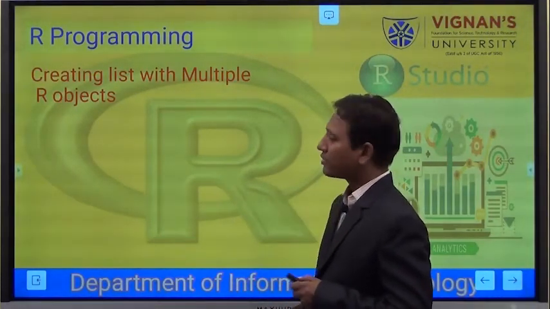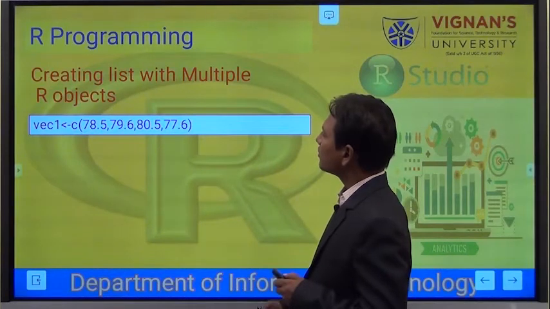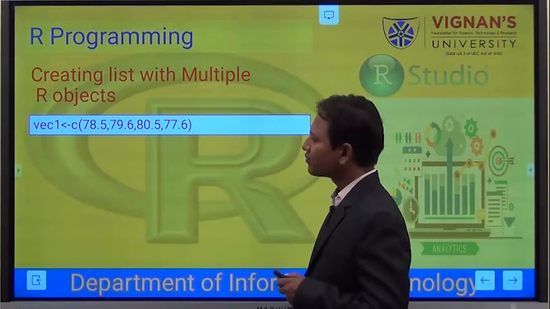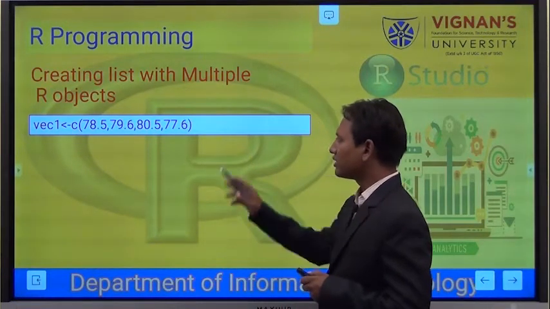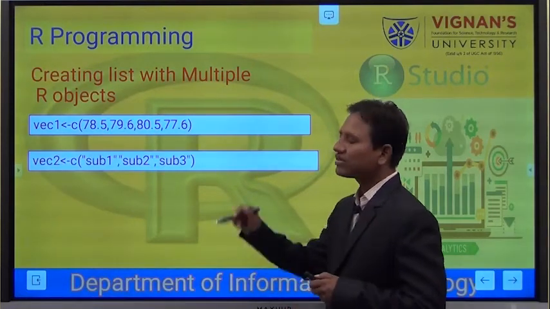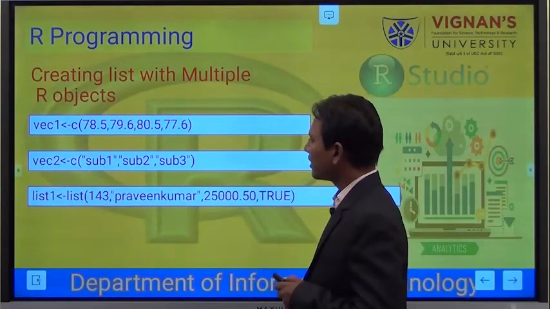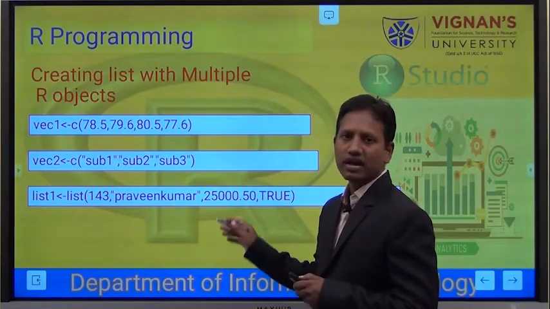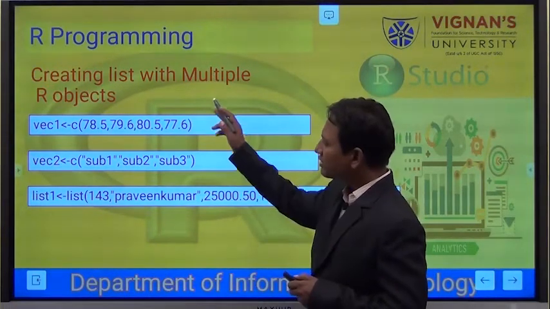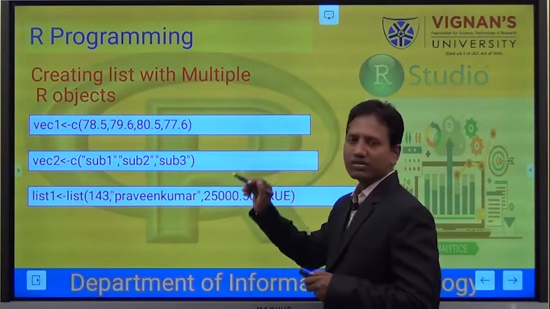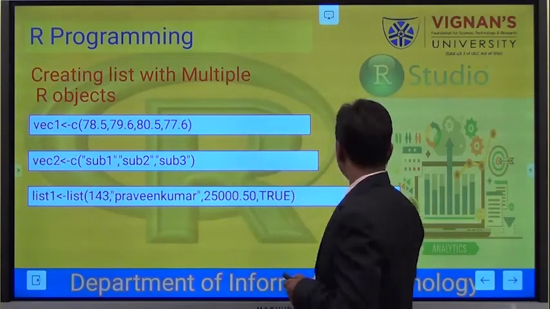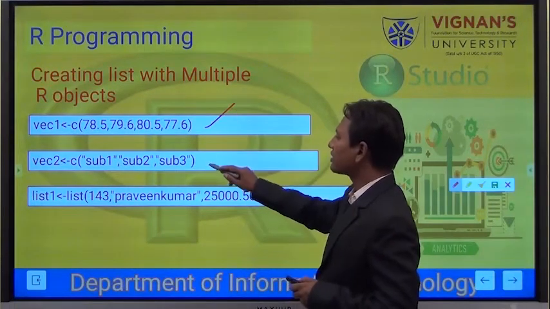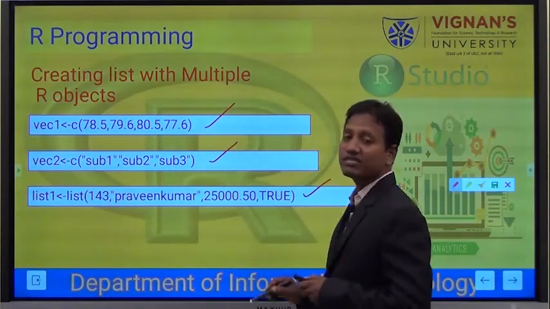We'll see another example. To create a list with multiple R objects, we are creating different R objects. One is a vector with numerical values, another one is a vector with character values, and another is a list itself.